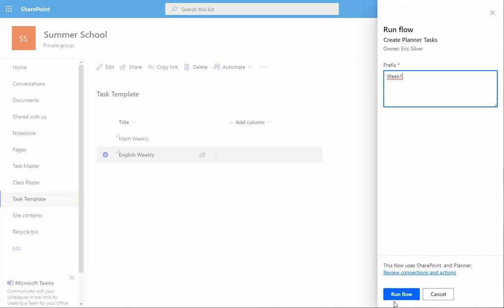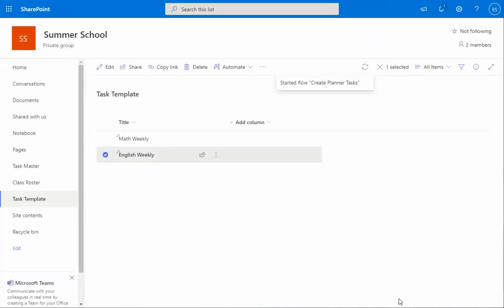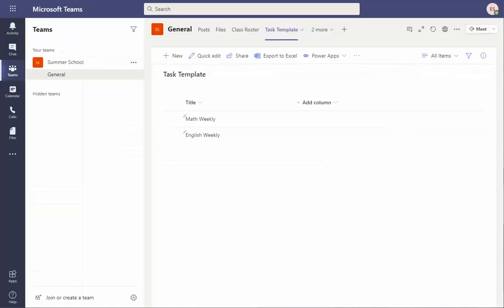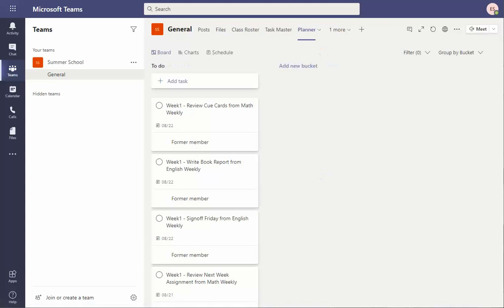So all you have to do is click on run the flow, and it's running in the background, and probably about a minute or two, the record will automatically be created by the Flow engine or Microsoft Automate, and the records will be out there in the planner. Now, I'm demonstrating this inside the browser, so remember I'm looking at the browser version of the Microsoft Teams. So when I look at my browser version for Microsoft Teams, I need to look at my planner. So if I go look on my planner, and if it worked, sure enough,